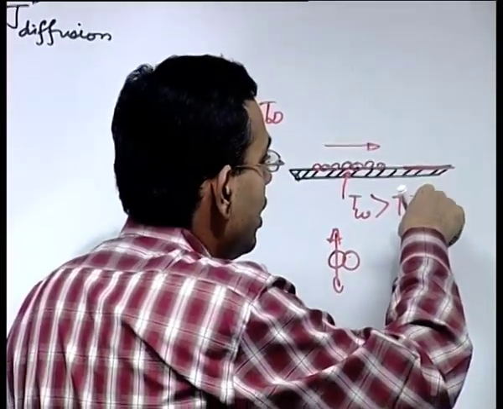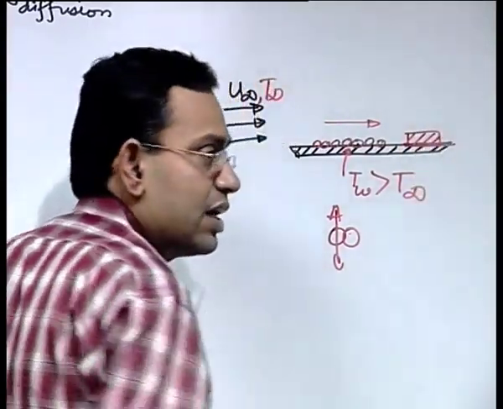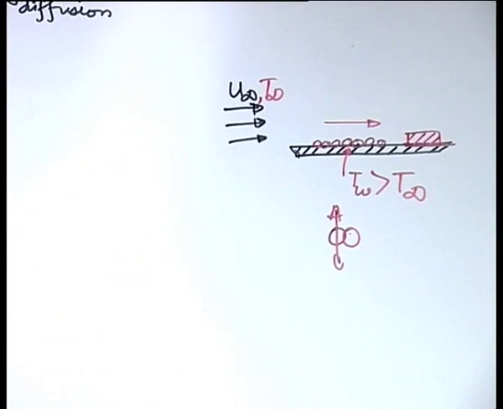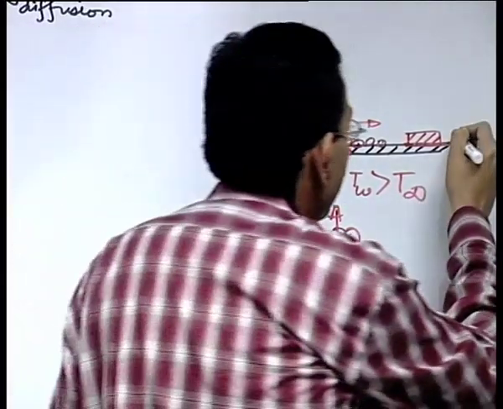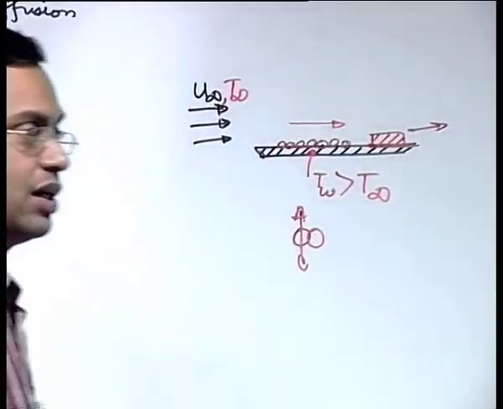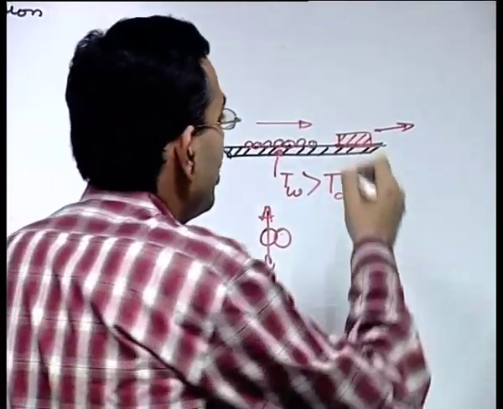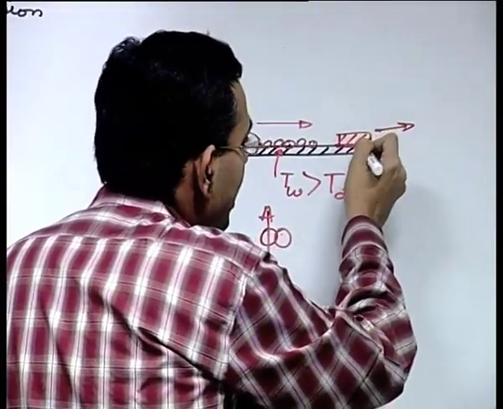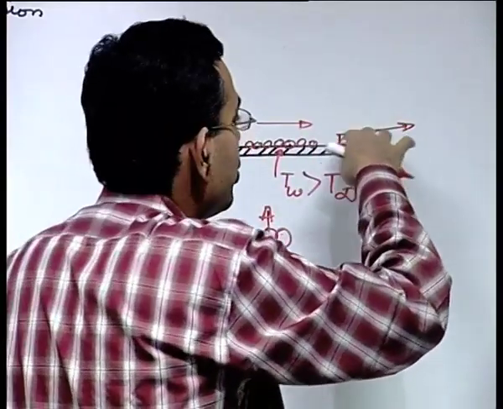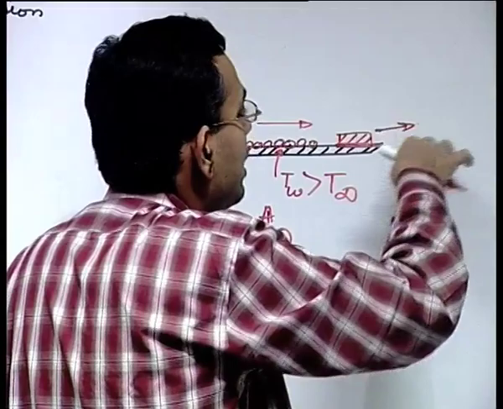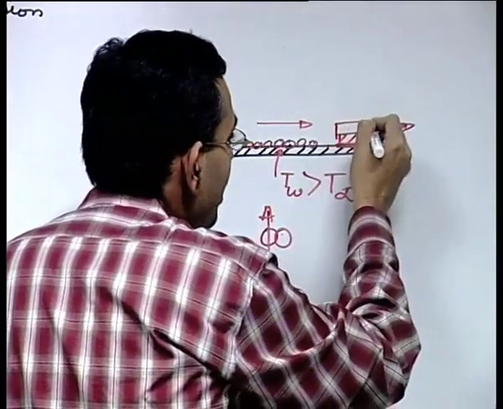fluid velocity. Now, if you go to the next fluid layer, this fluid layer has two opposing effects on it. One is that the upper fluid layer tries to push it forward, the other is that the wall tends to slow it down. So, this layer feels the effect of the wall directly, so its bottom is sort of anchored to the plate, but the top one tends to move towards the right a little bit because it is somewhat away from the wall. What happens to the next fluid layer?